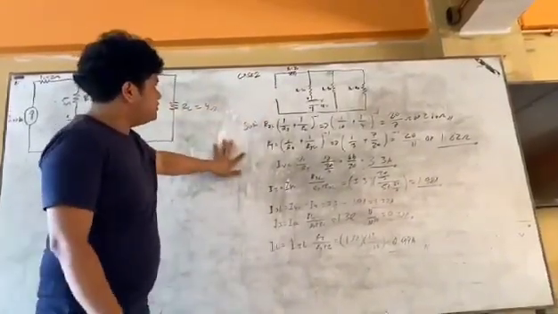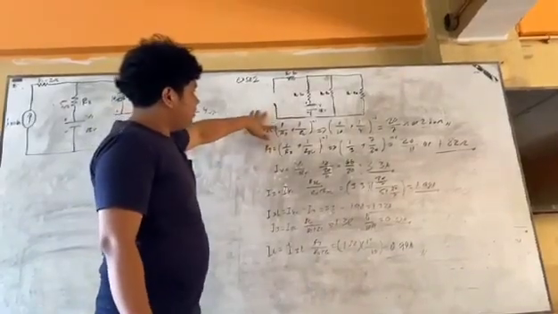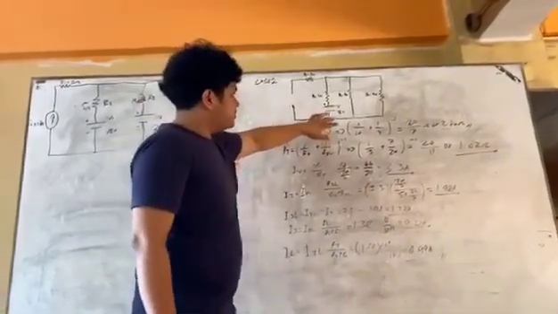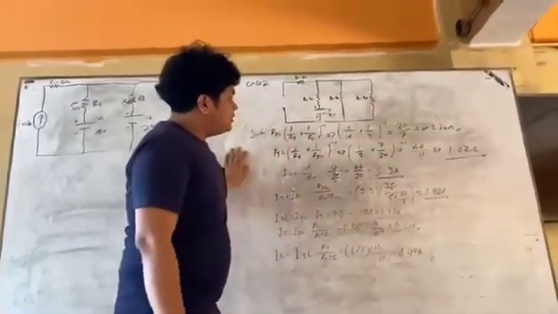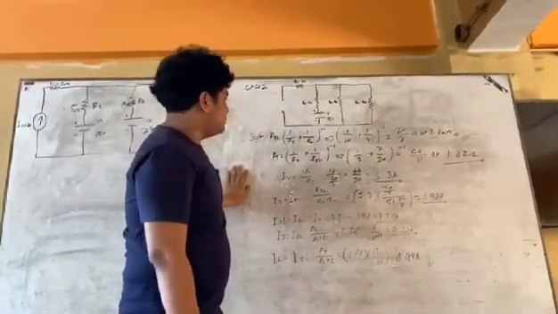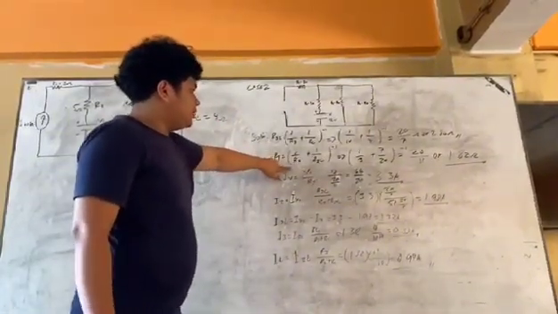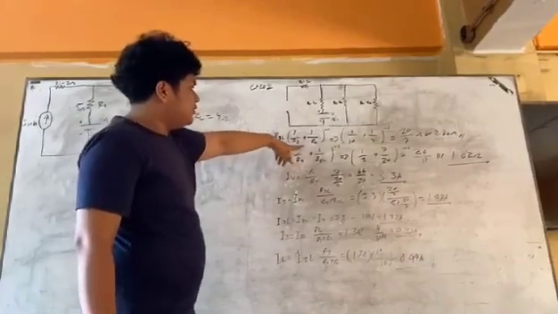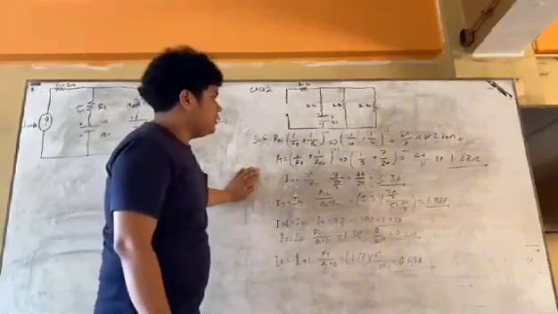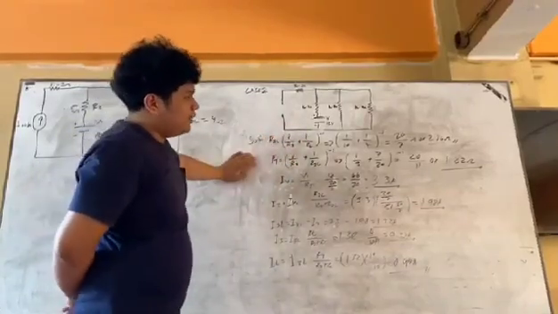So solution, we have R3L equals (1 over R3 plus 1 over RL) inverse. We also put the values, which is (1 over 10 plus 1 over 4) inverse, which equals 20 over 7 or 2.86 ohms. Then we will get the R2 total, which is (1 over R2 plus 1 over R3L) inverse. We substitute the values, which is (1 over 5 plus 7 over 20) inverse, which equals 20 over 11 or 1.82 ohms.